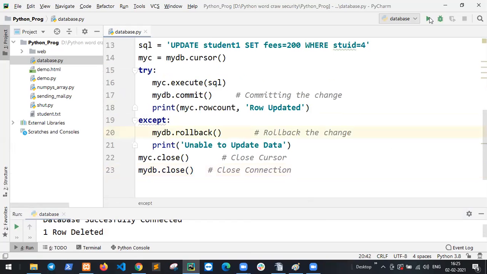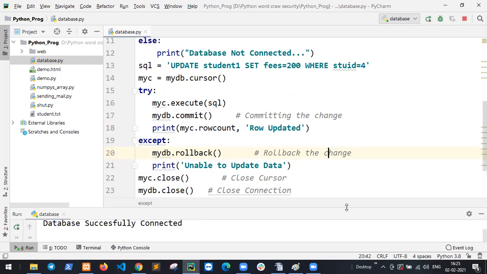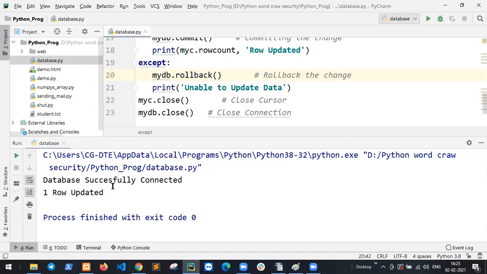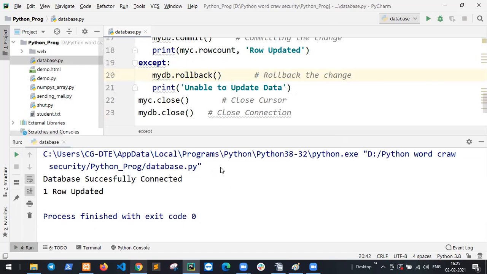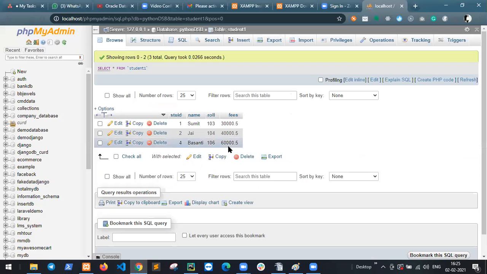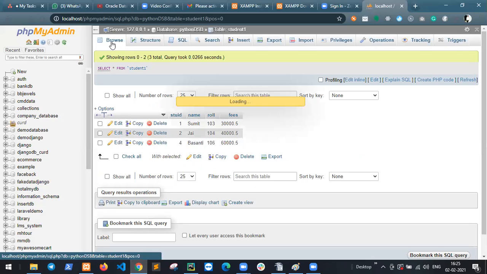Unable to update the data. Run this code. 4 is where fees, set fees equal to 200. One row updated. If I check the data, 4 was 6005 rupees, and now update. Refresh the browser and check this. 200.